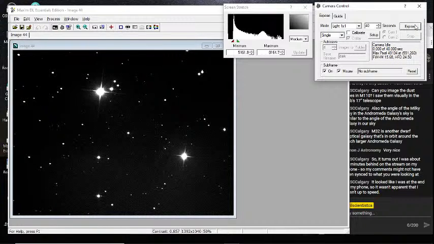There we are. So there's some nebulosity around this star here, and that's part of the nebula that this cluster is running through. Again, the spikes you see coming off the brighter stars are an artifact of the telescope. It's just the supports for the secondary mirror and the light diffracting around those. Again, if anyone has any questions, feel free to pop them into the chat and we'll answer them for you.